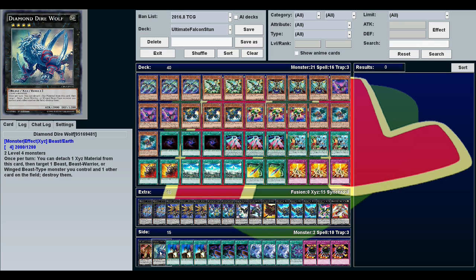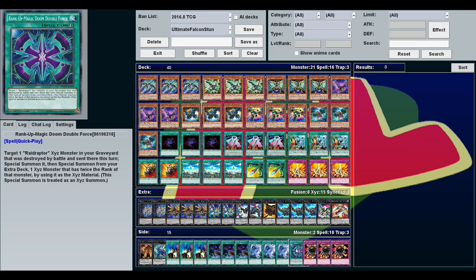You don't have to get rid of Diamond Direwolf to use its effect. And the other thing I was running in here that didn't quite make the cut, but if you wanted to make this more toolbox, less of an Ultimate Falcon Turbo, we've got this Double Doom Force. This is target a RaidRaptor Ixie in your graveyard that was destroyed by battle and sent there this turn. Special summon it, and then special summon from your extra deck